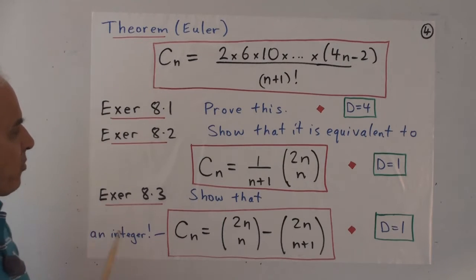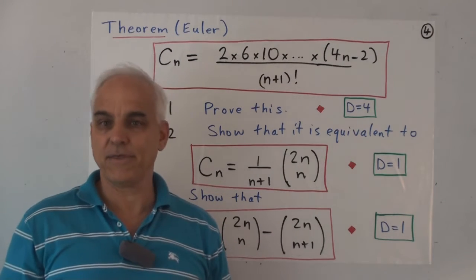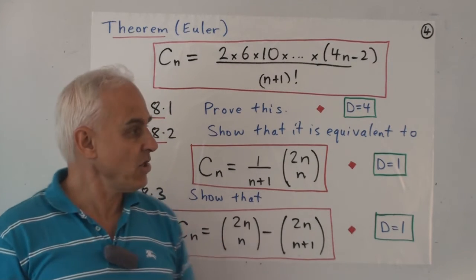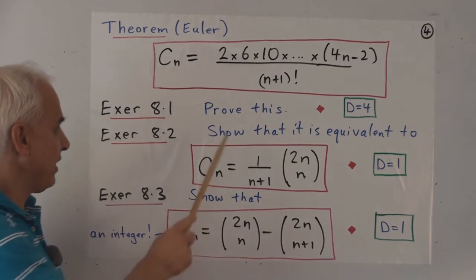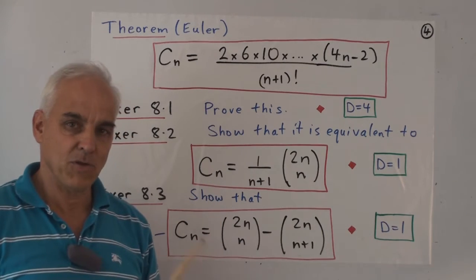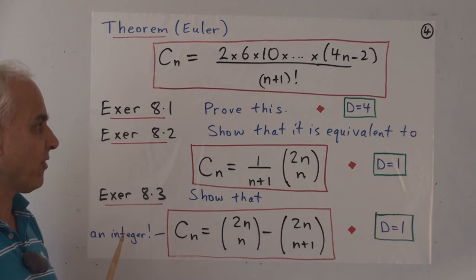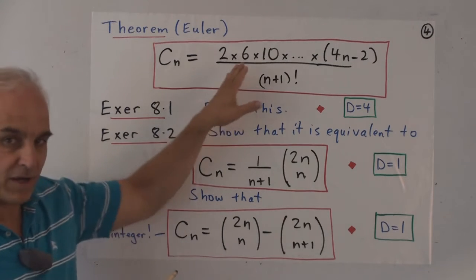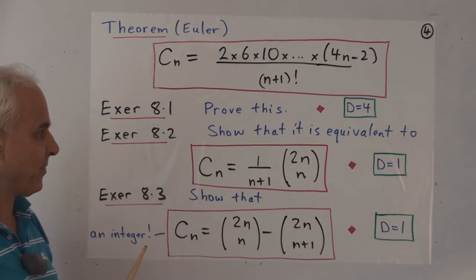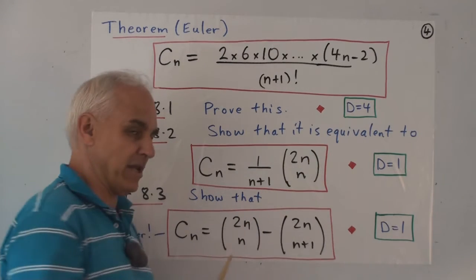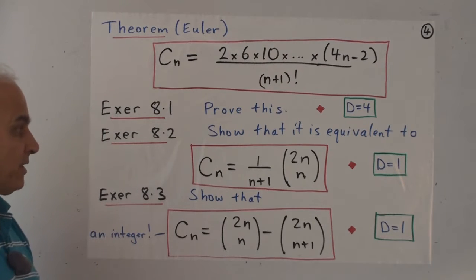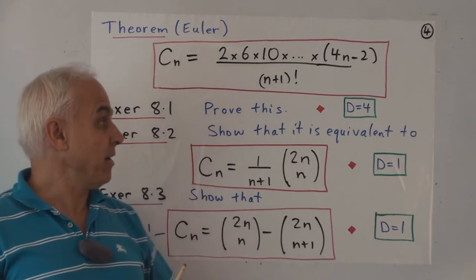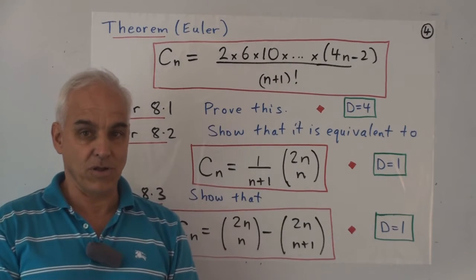That was Euler's formula. He proved it by a lengthy and rather laborious induction argument. It is not at all easy to establish, and I'm going to leave it to you as an exercise. You might want to tackle this problem. It's quite a serious problem to prove this formula, even if you know in advance what the formula is. So I give it a D equals 4 rating, quite high on our scale in terms of difficulty. Now I'm going to later in this video give you a derivation of this,